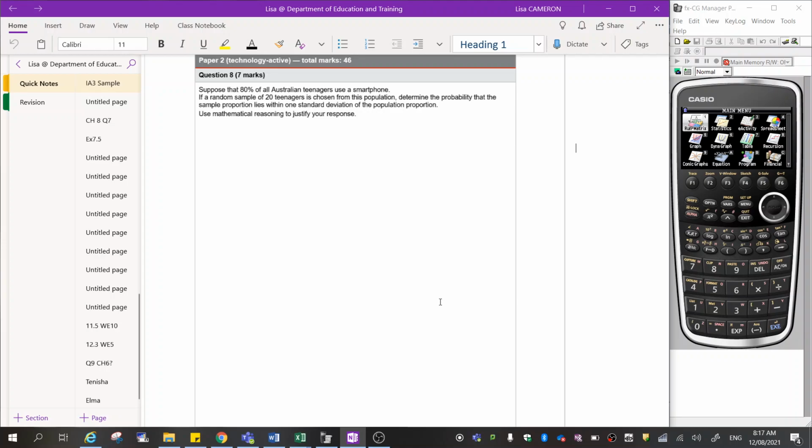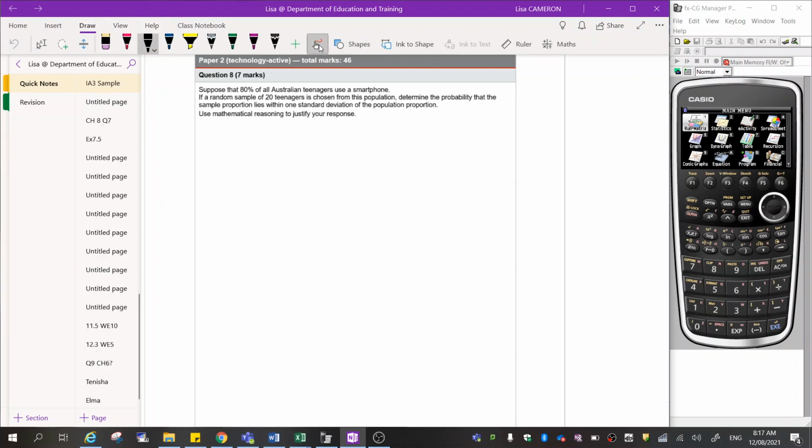Now, the first thing that I would do in the exam is I would grab my formula booklet and I would go to the back where we've got all of our formulas to go along with statistics. That way you'll be able to see clearly what you have, what you want. So let's start picking apart the question. So first thing I'm going to pull out